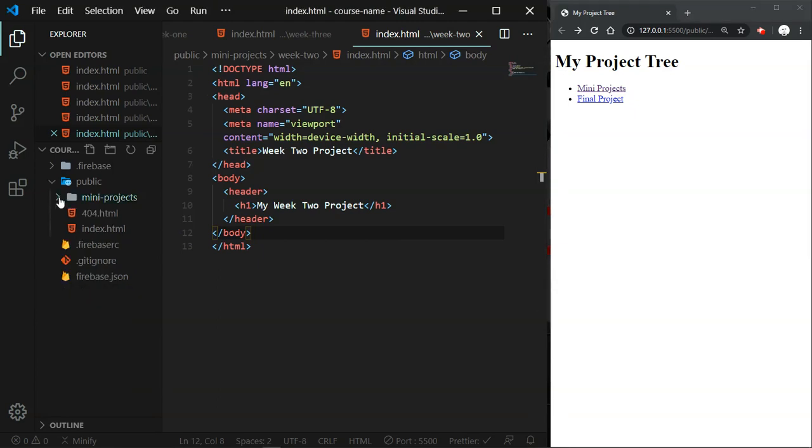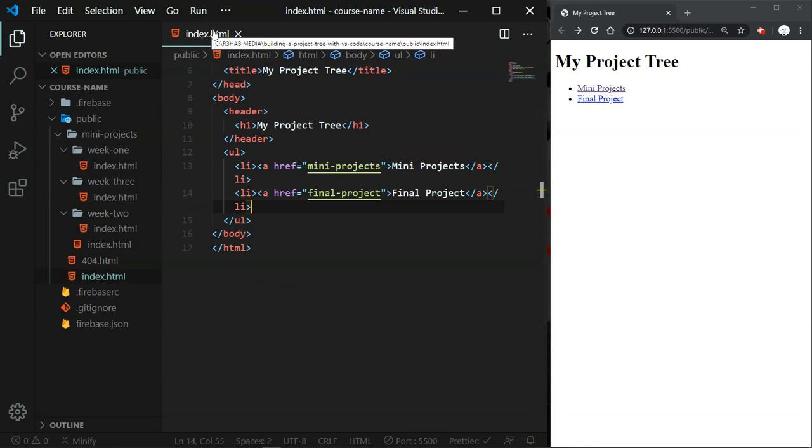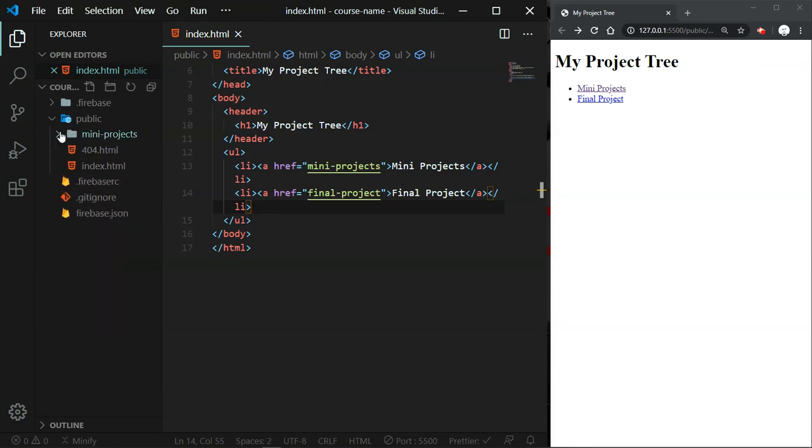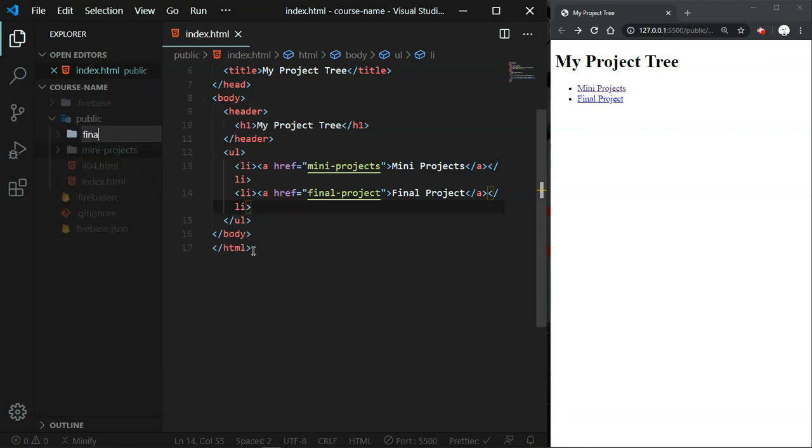Okay, so now let's close up the mini projects folder, and within the public folder again, if it's easier for you, you can close all of these other ones out. Keep the main index file open, and then we can close down mini projects, or what I call folding it up. And within the public folder, create another folder called final project. That's exactly how it's labeled right here. Within the final project,